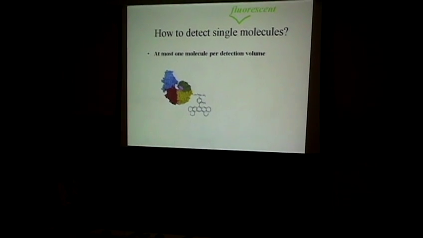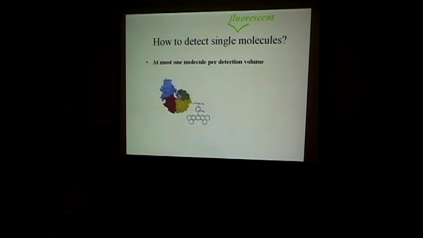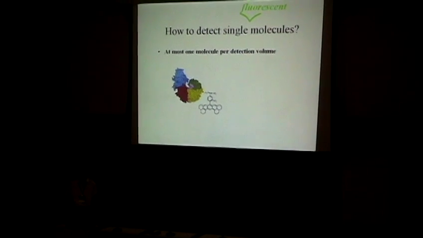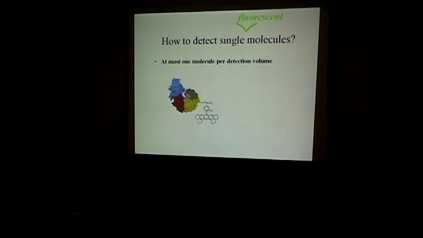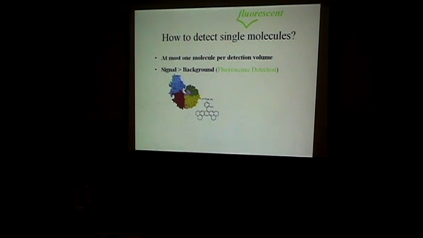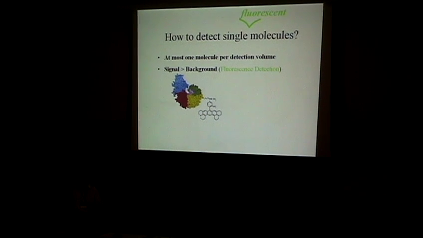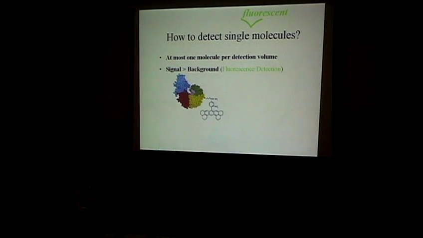Well, you have to lower the sample concentration enough so that you have at most one molecule per detection volume. You also have to make sure that your signal is larger than the background. So you have to turn down the background. So that's why we do measurements in a dark room. And fluorescence detection is actually ideal for this because